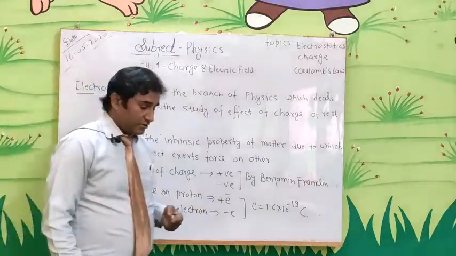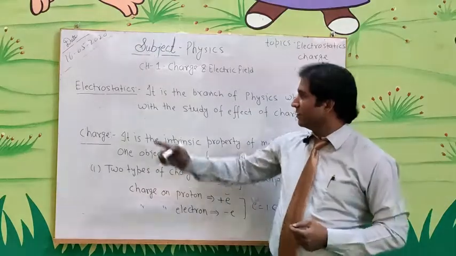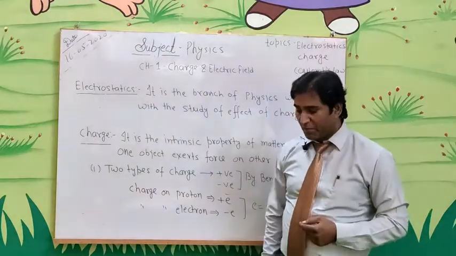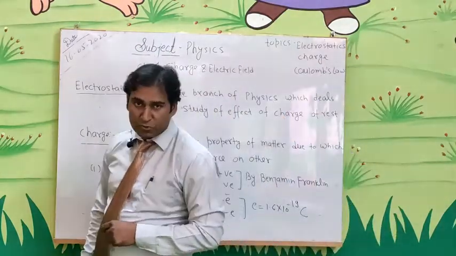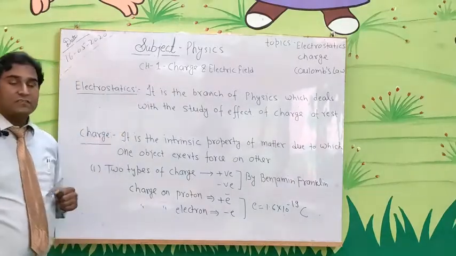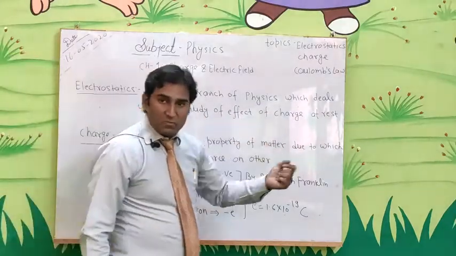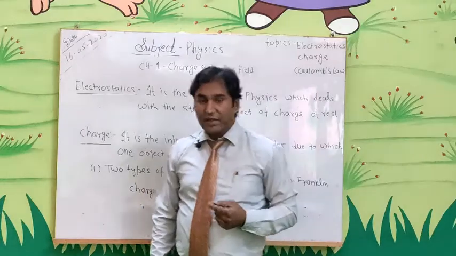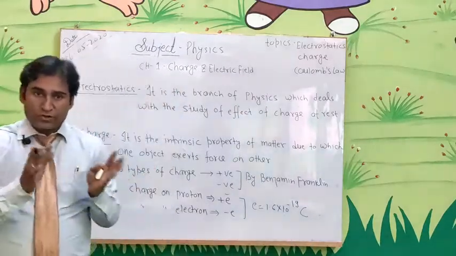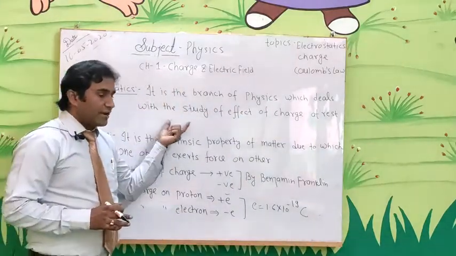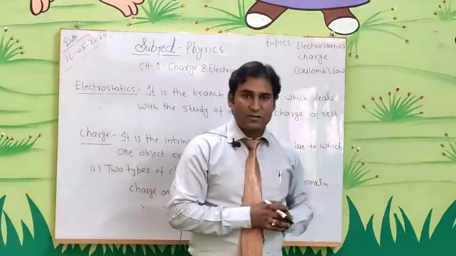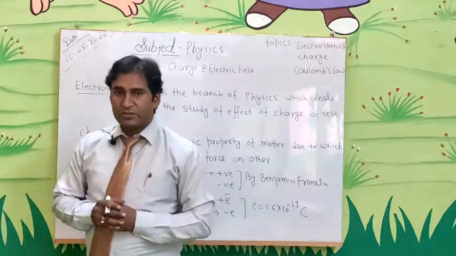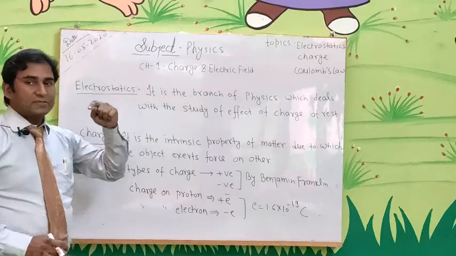Now there are different industrial applications of electrostatics. For example, the electrostatic loudspeaker, the Xerox copying machine, and the design of the cathode ray tube, television and radar. So there are many industrial applications of electrostatics.